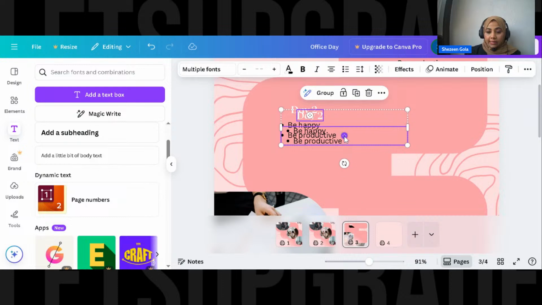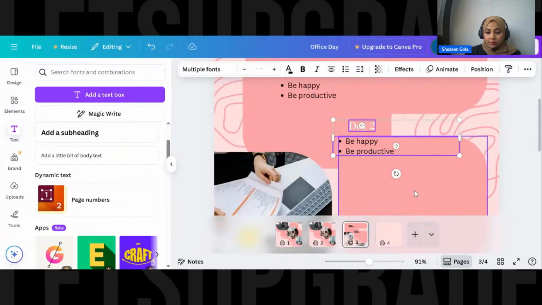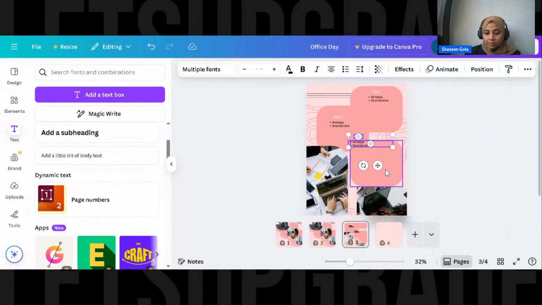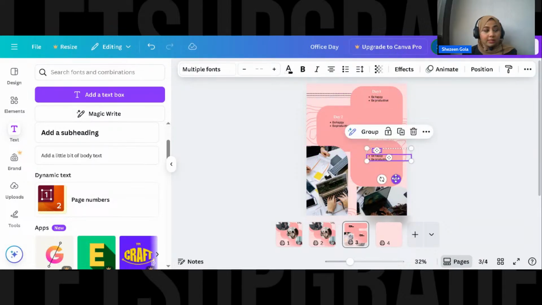Okay. And I'm going to pull this. Let's zoom it out a bit and let's get it here. See, one thing I really like about Canva is you see the alignments and everything. Even if I move it, it's showing me that it's in a line. It's coming in line. So yeah.